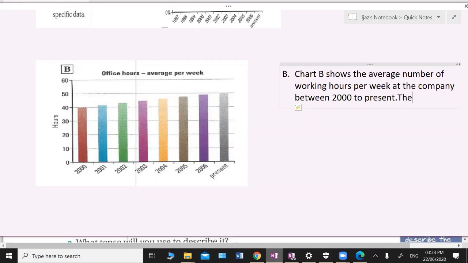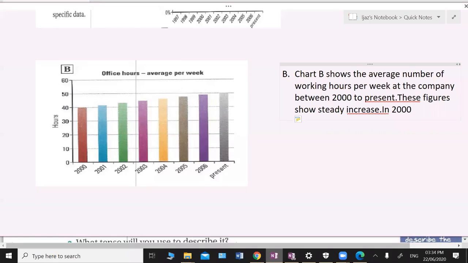These figures show a steady increase in 2000, employees were generally doing 40 hours per week, but now increase. Okay, we can say in 2000,